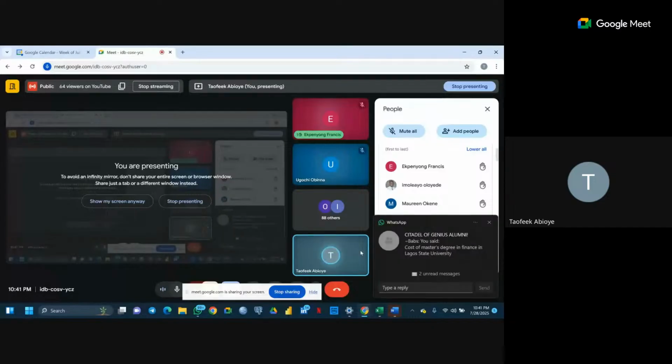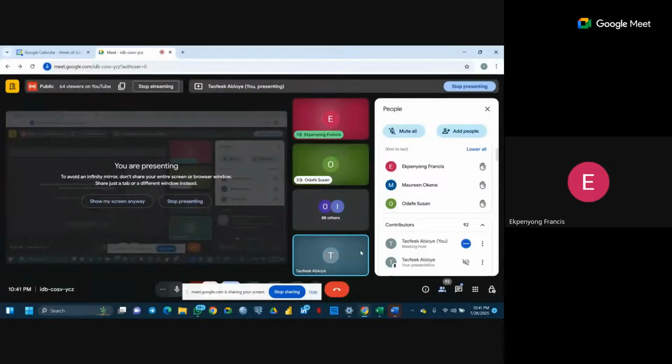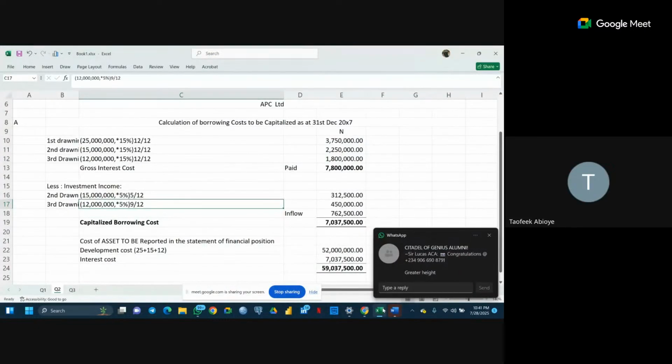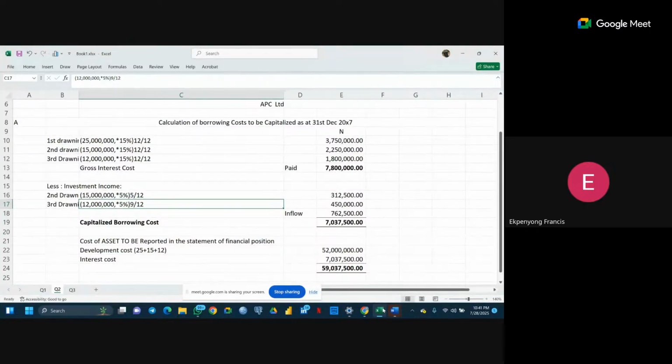So, Mr. Francis. Okay, good day, sir. Yeah, please, can you go to the solution sheet also? I want to confirm something. This 52,000, we are still going to pay it back from where the money was being withdrawn. Then the surplus for now, we now invest it maybe outside somewhere or something like that, right? Yes.